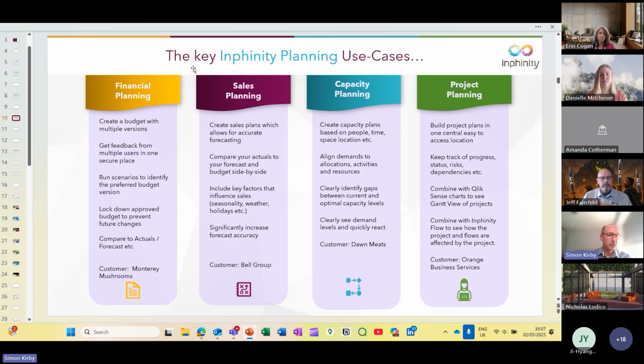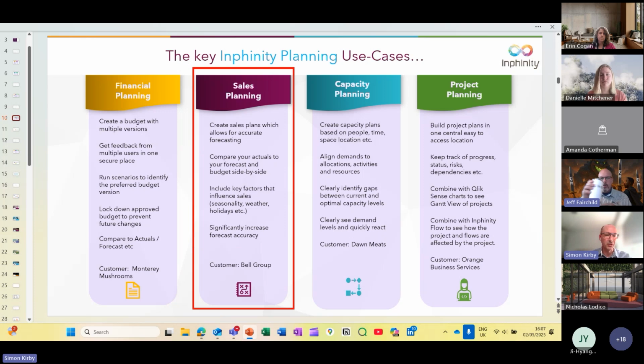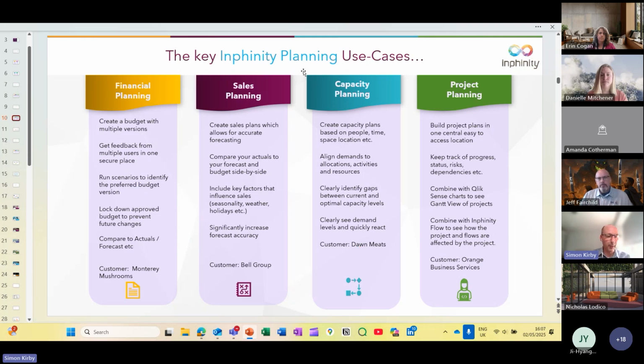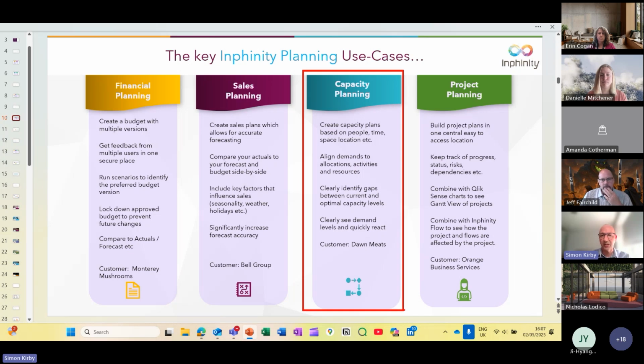But you can also do sales planning, or what's sometimes known as demand planning. And I'll show you something on that as well, because we've got a very nice demo about something we did with a customer recently. You can also do capacity planning. Years ago, I used to be an auditor. Can only apologize if you've ever been audited, but I was an auditor for a while. And one of my roles was to actually produce the capacity plan for the team. So which auditors would conduct which audits and when in the year that they would do that, right? So we had to do a capacity plan around all of that kind of stuff.